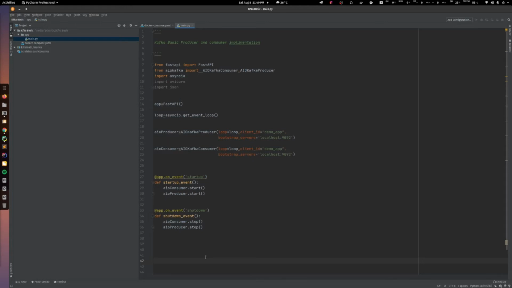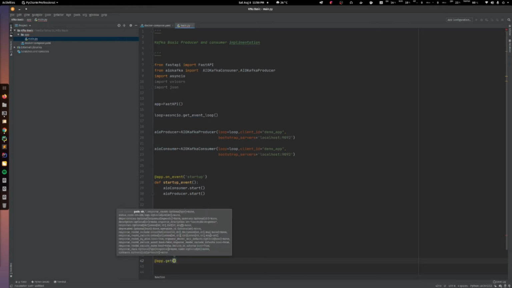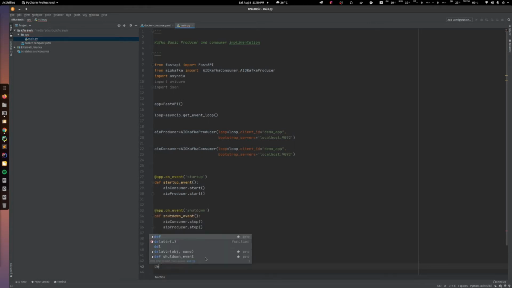Now I am going to create an index by get method. def index.